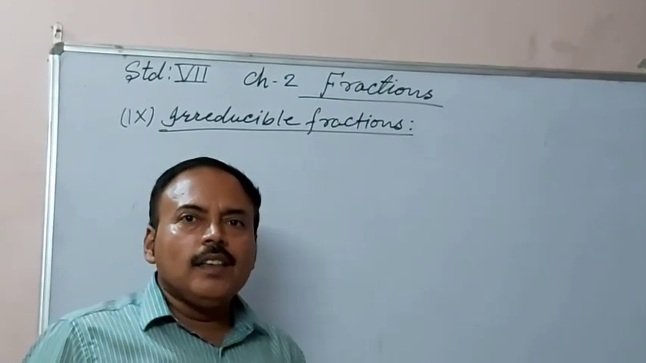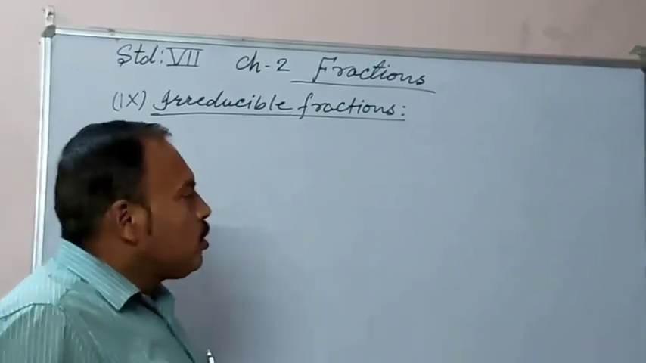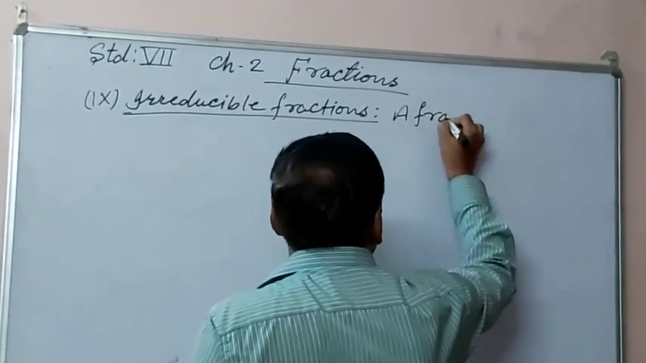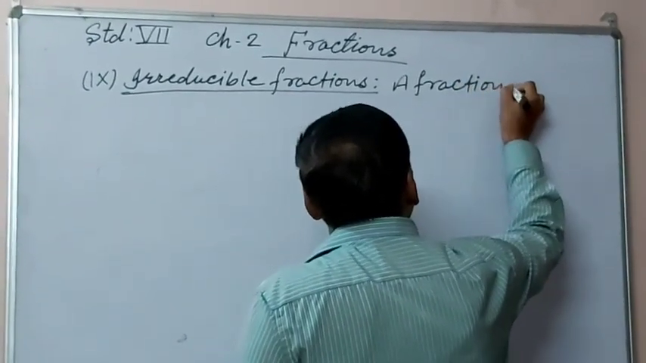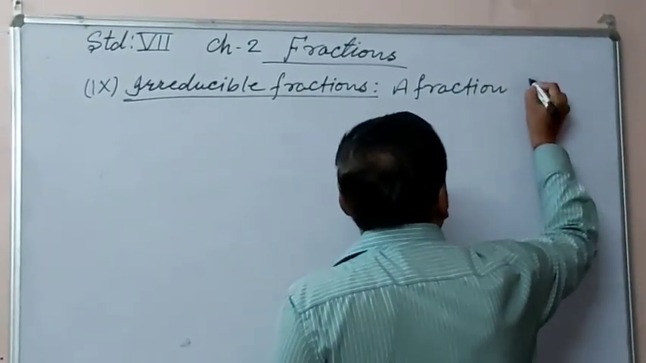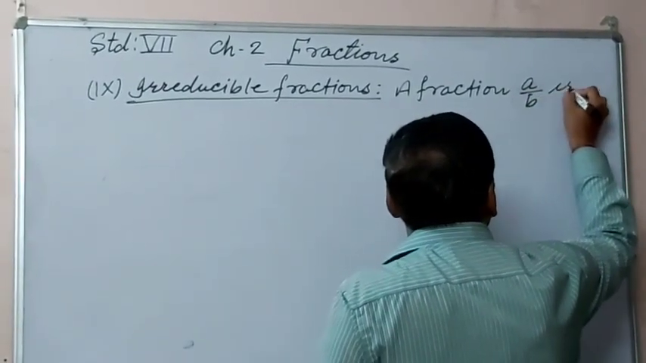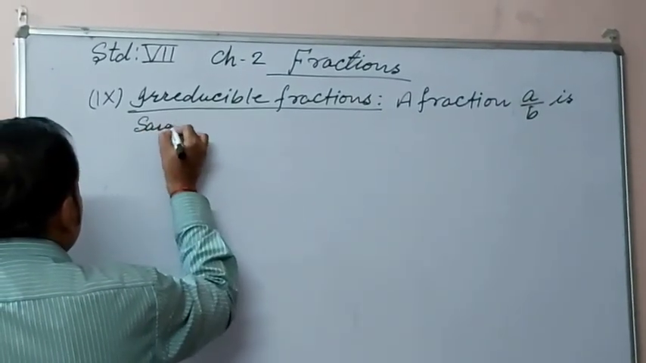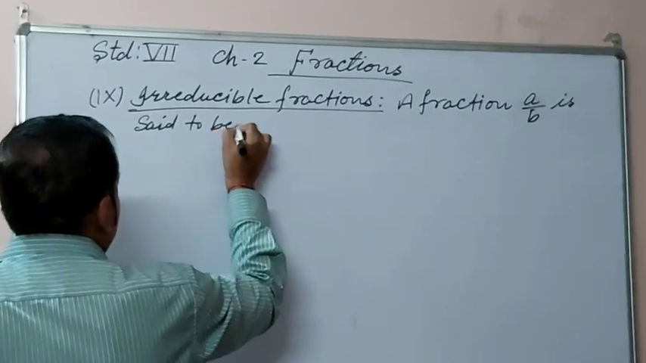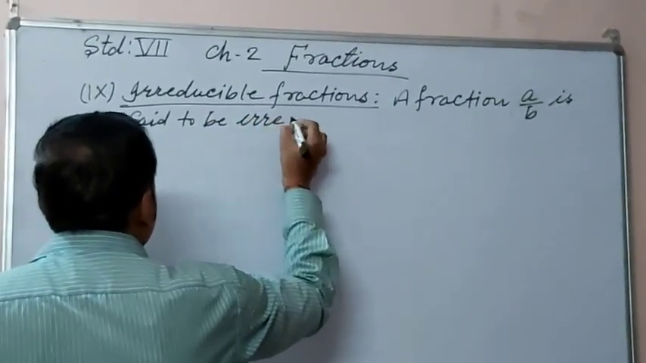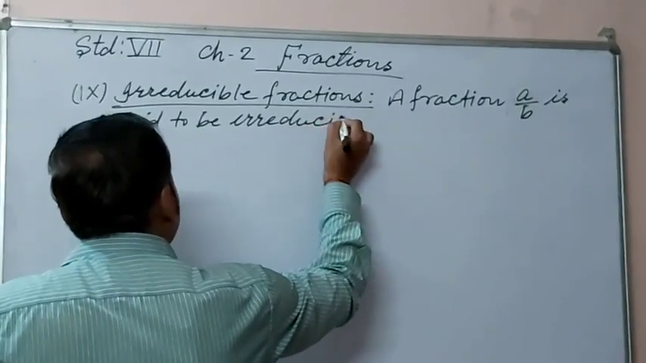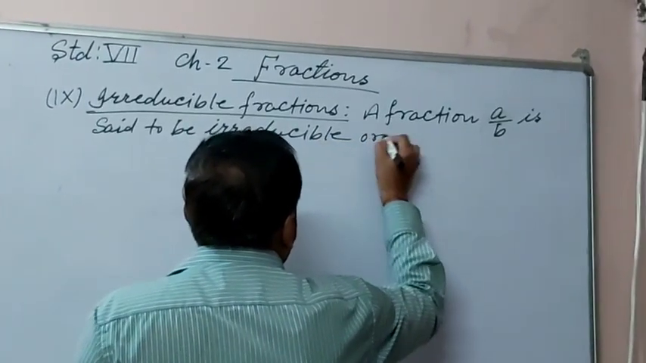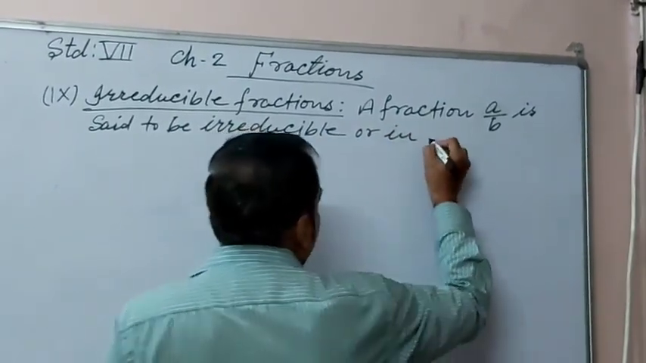Next type of fraction is irreducible fractions. So what is an irreducible fraction? A fraction A by B is said to be irreducible or in simplest form also, or in simplest form